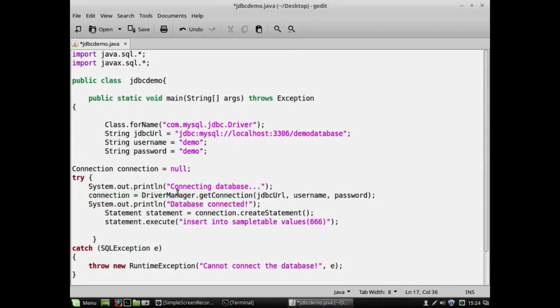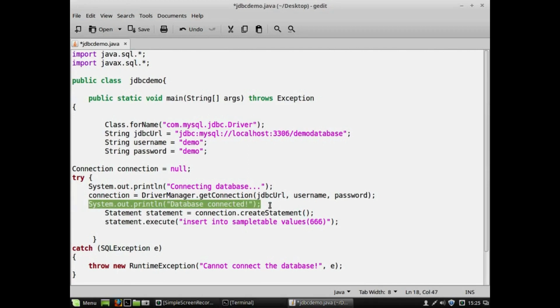Now we need to establish a connection using this method called getConnection. This getConnection is a method that should be called on DriverManager. So DriverManager.getConnection takes three parameters: one is the URL, and the others are username and password. If everything is done perfectly during execution, if this line executes correctly, then you won't get any exception. But in case you have made any mistake, like the username doesn't exist, a password mismatch, or the class name is not found, then these kinds of exceptions occur and this line will not be executed.